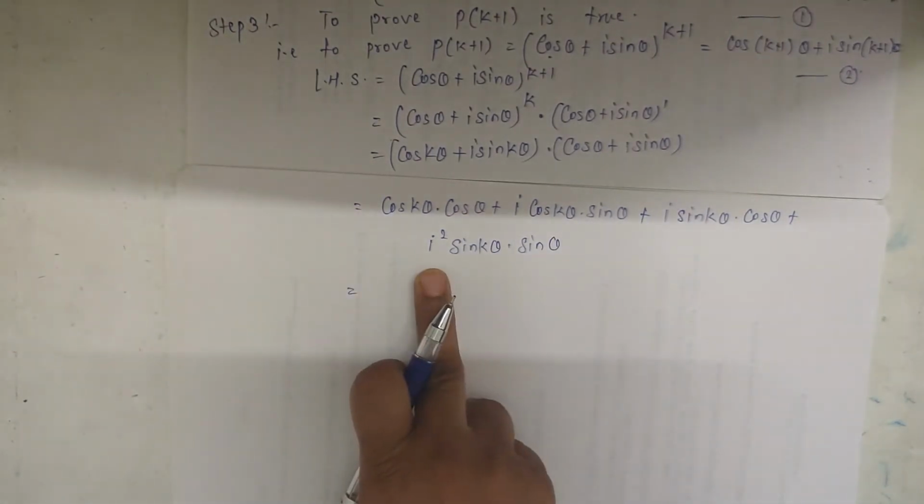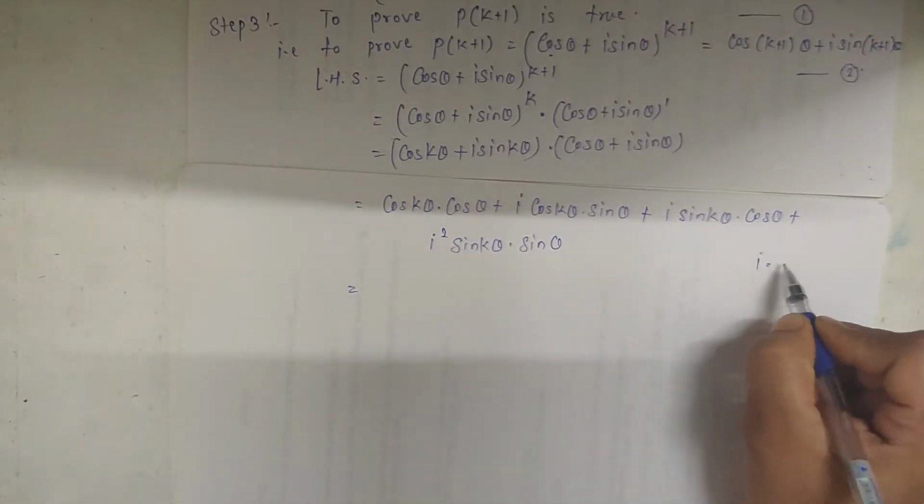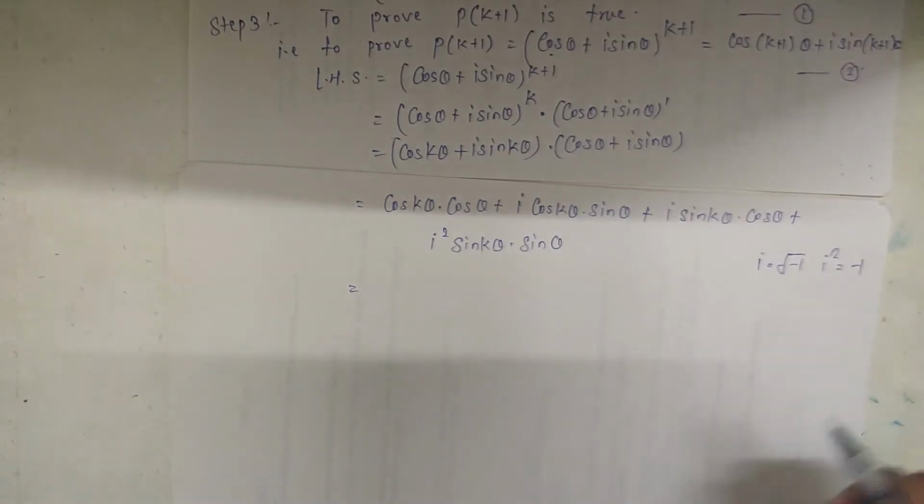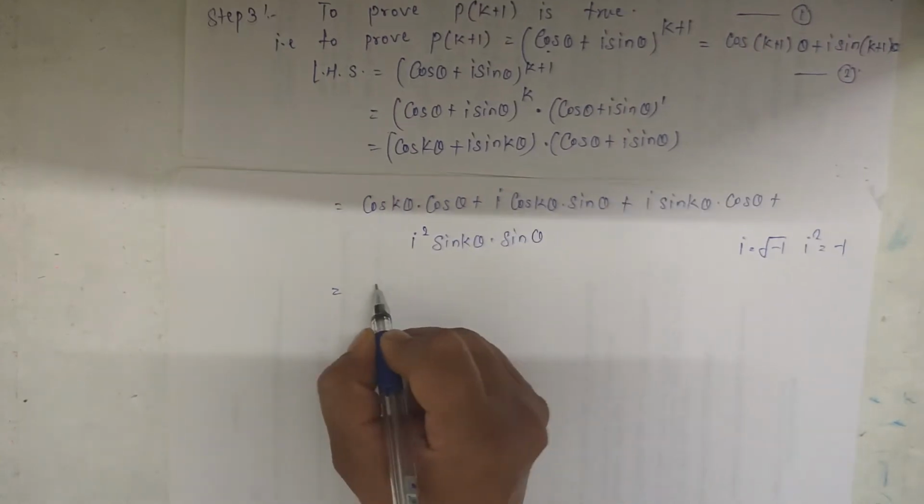Here i square is equal to minus 1. We know that in complex numbers, if i is equal to the square root of minus 1, then i square is equal to minus 1. So substitute the value of i square is equal to minus 1. We get